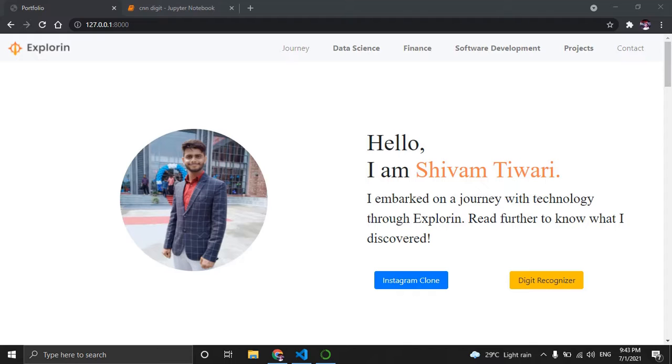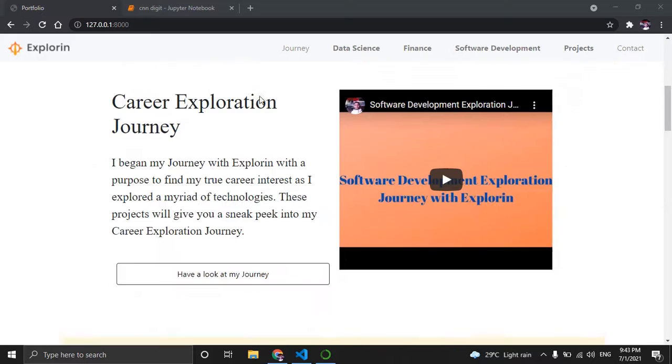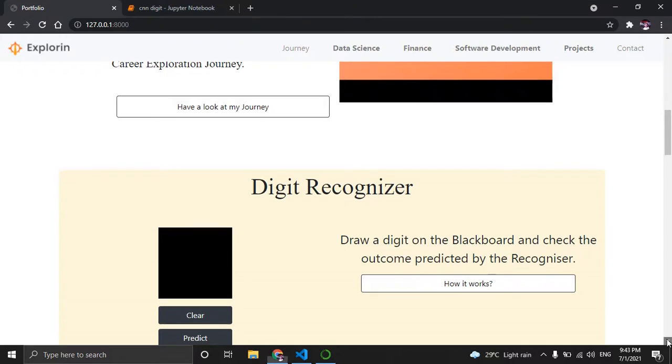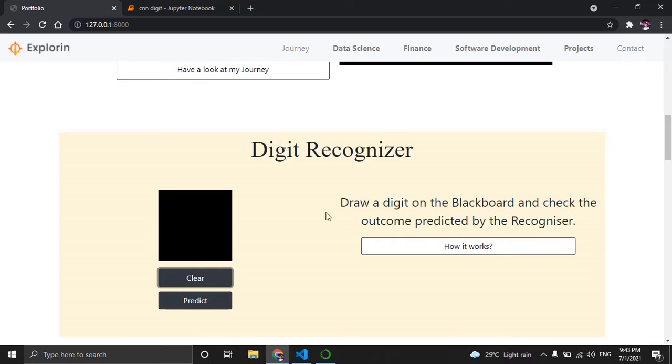Today we are going to explore the data science project which I have made using Python models. A few days earlier I started working on a digit recognizer in which I have used Python's MNIST dataset, by which this recognizer is made. So let's see how it works.